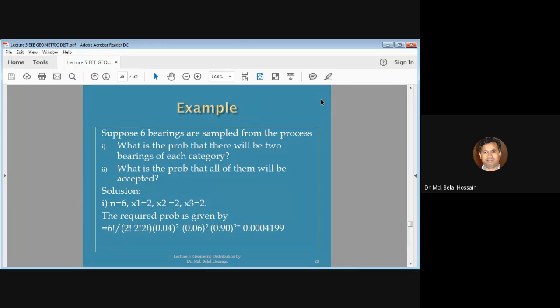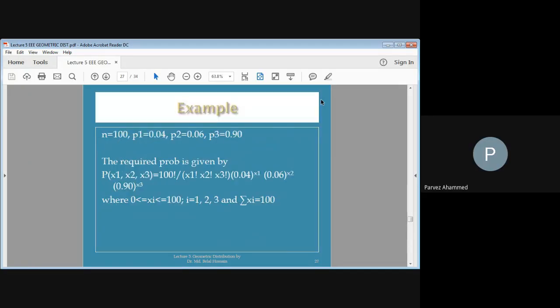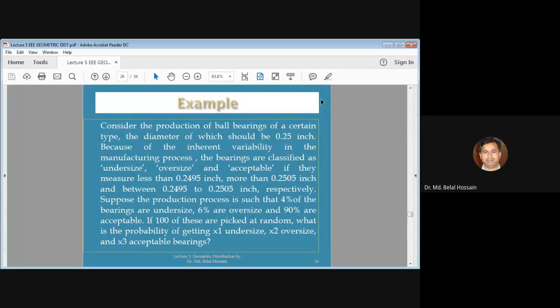Find the probability that all the ball bearings are oversized. ওভারসাইজ হওয়ার প্রবাবিলিটি কি 0.06? হ্যাঁ অবশ্যই, প্রবাবিলিটি 0.06। আচ্ছা স্যার, 4.66 into 10⁻8। হ্যাঁ এরকমই।